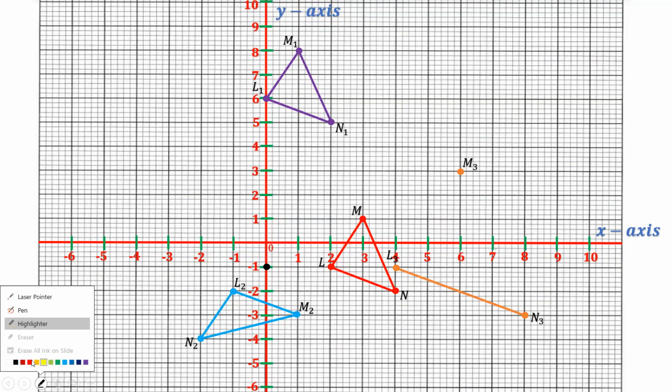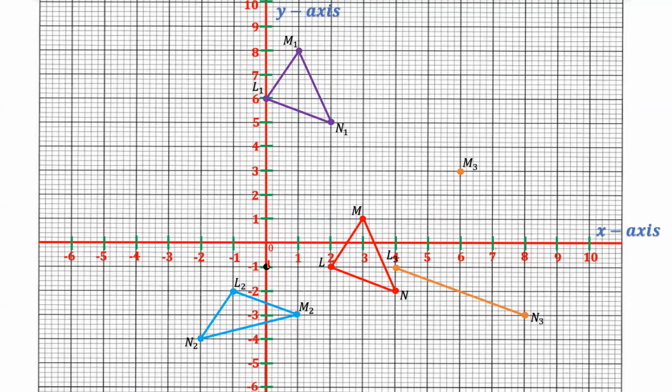So M is going to be 1, 2, 3 spaces away, and it's going to be 1, 2 units away from the center. So M is 3 units away going horizontal, and 2 units away going